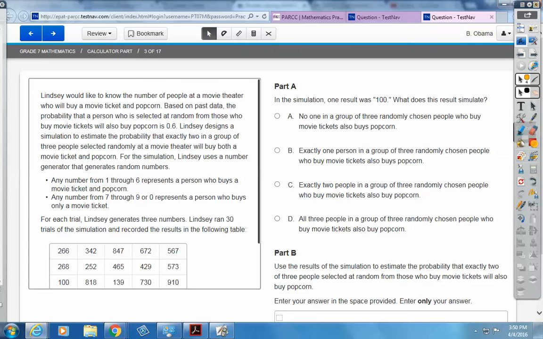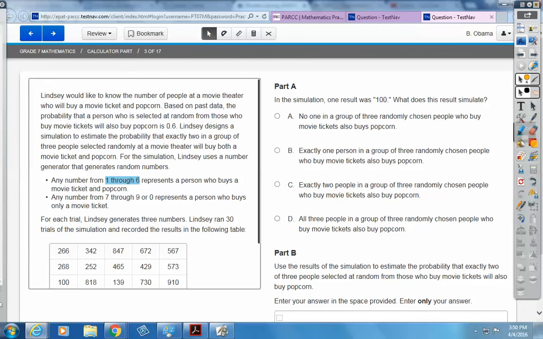Lindsay designs a simulation to estimate the probability that exactly 2 people in a group of 3 selected at random will buy both a movie ticket and popcorn. For this simulation, Lindsay uses a number generator and generates random numbers, where 1 through 6 represents a person who buys a movie ticket and popcorn,